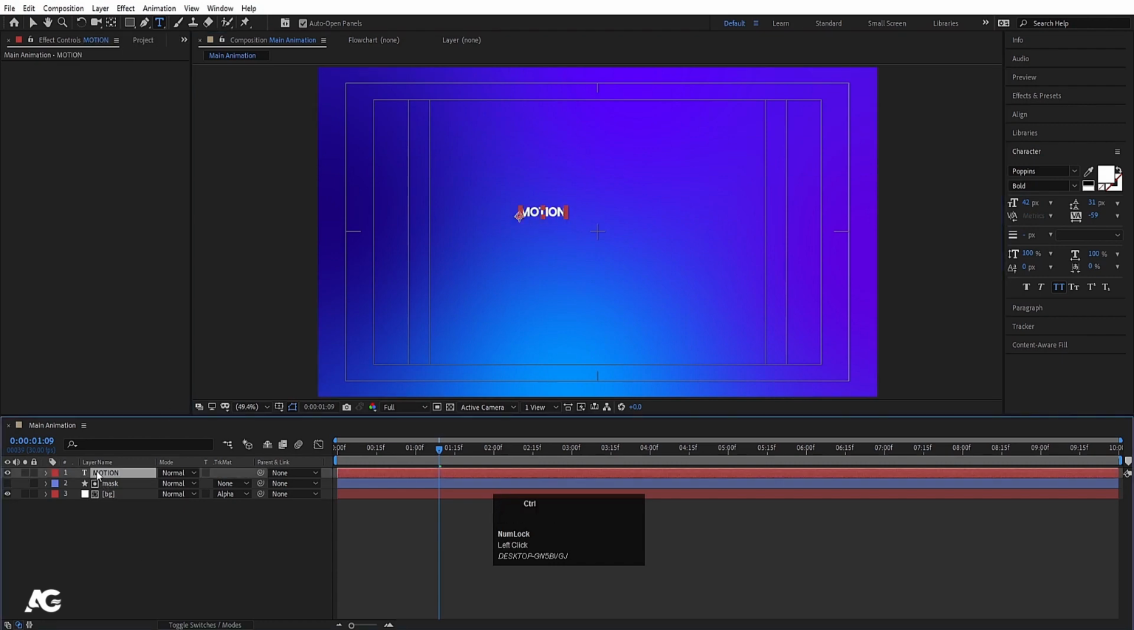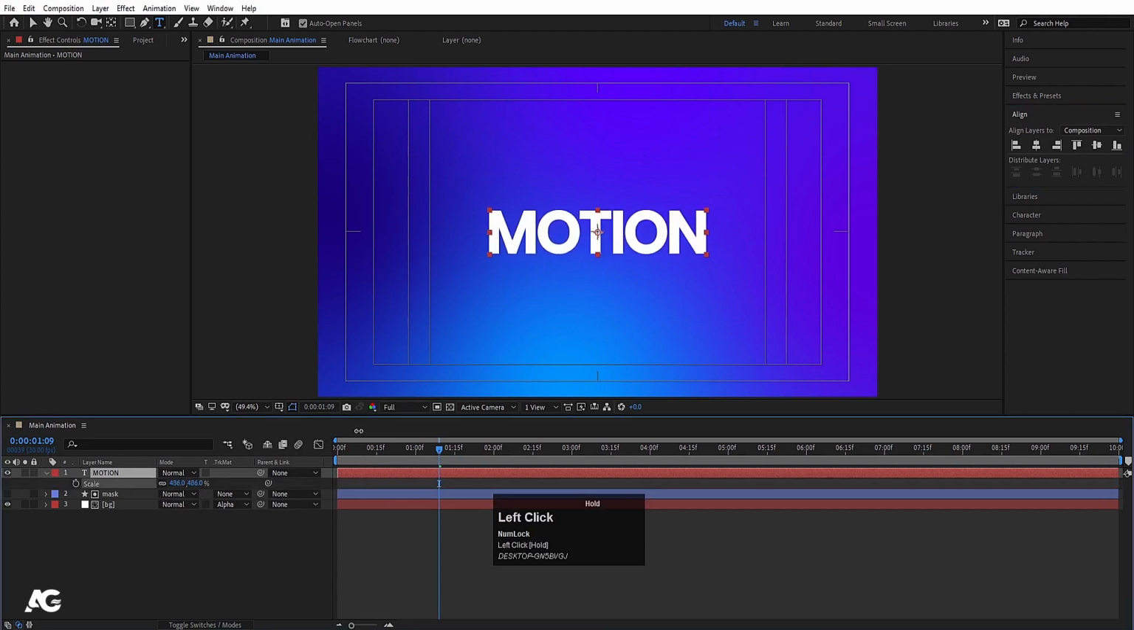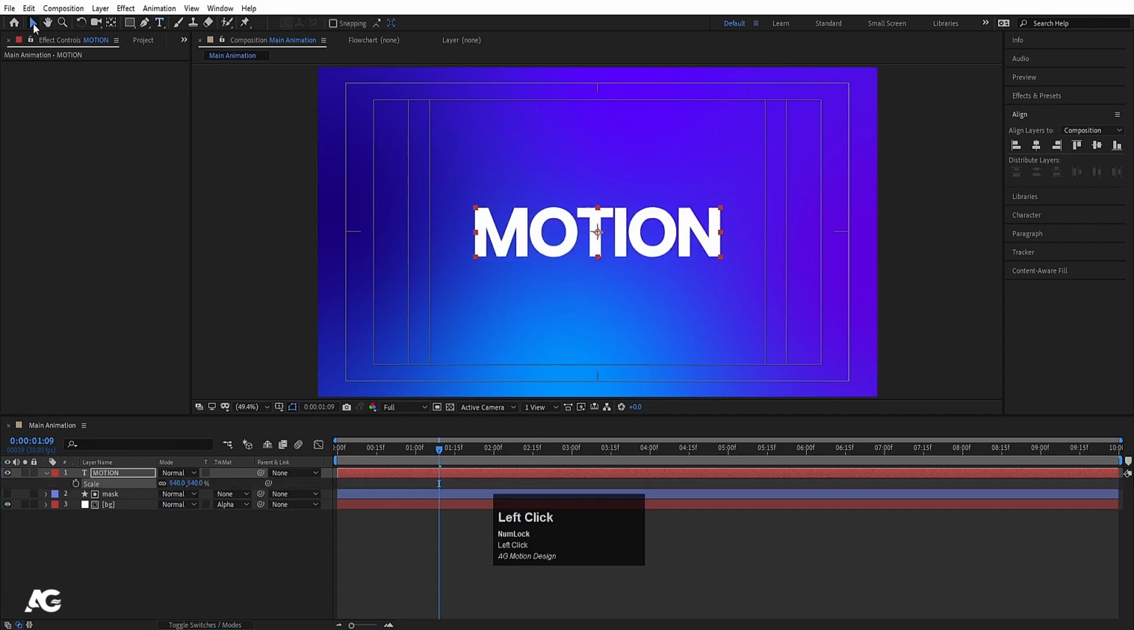Select this text, press Ctrl Alt Home to align that anchor point to the center. Go to the Align tab, align it horizontally and then align it vertically. Press S for scaling option and scale it at appropriate size like that. Now